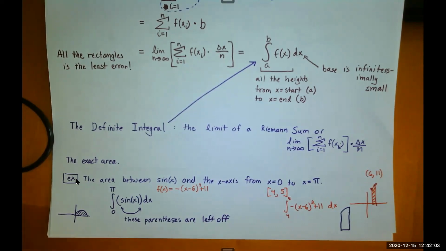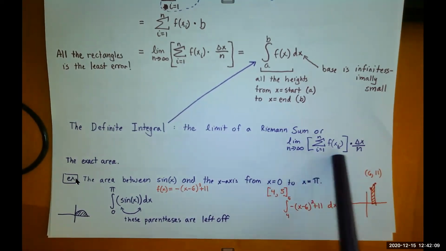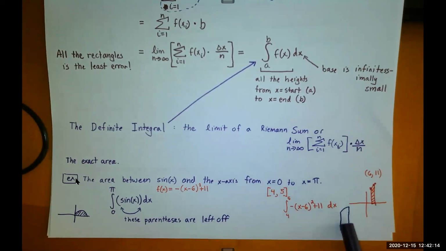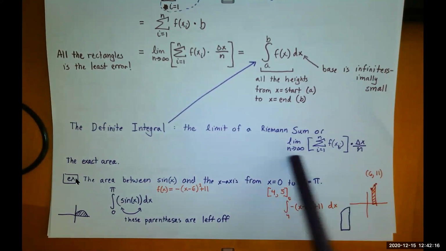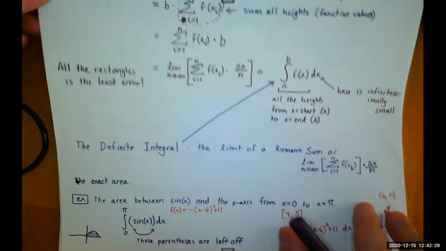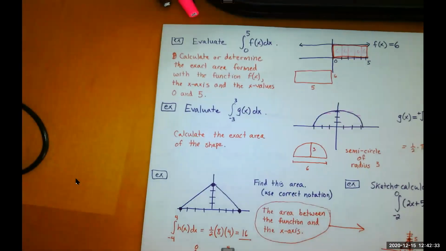So something I would like to mention is we can always estimate this area by doing a finite Riemann sum. So if I looked at this and said, okay, well, I don't know what else to do, I could do a Riemann sum. Now, eventually, we're going to have things that always work, okay? But for right now, if it's not a nice geometric shape, we can still approximate the area. But if it is a nice geometric shape,